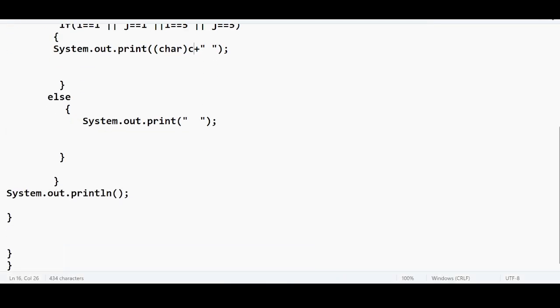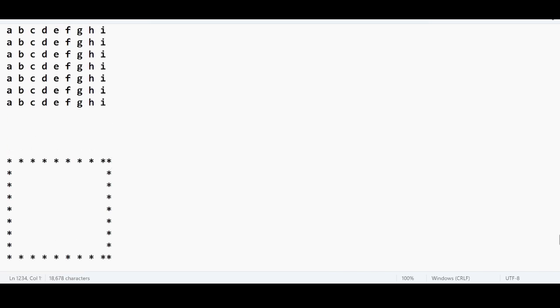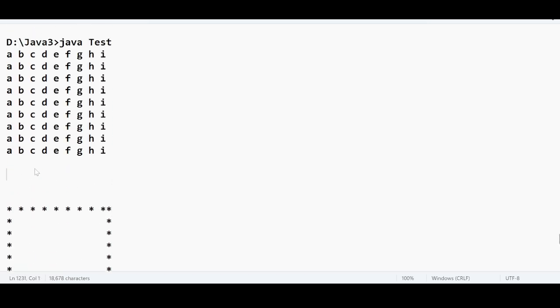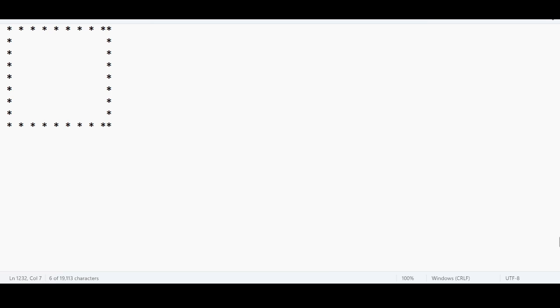If you want to get much clarity about this, you should be solving this from your end. Hollow square pattern. So there are many square patterns. This is hollow, and we need to solve the triangular pattern. We need to solve the diamond pattern, right? And we need to solve the sandbox pattern. So many patterns are there, right? And butterfly pattern and snake pattern,